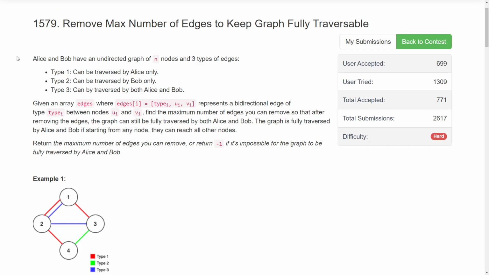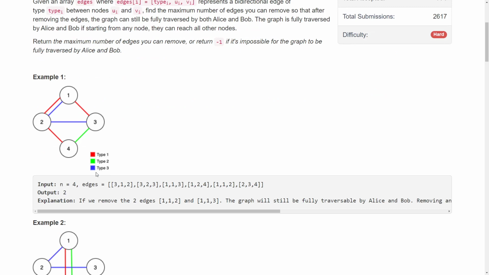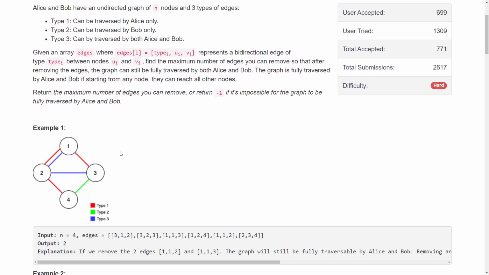So basically we have to find a redundant edge. That is the second thing, but the first observation is that you don't want to delete an edge of type 3. Why? What is the case when an edge of type 3 will be redundant? I'm defining redundant edges as the edges which I will be removing.